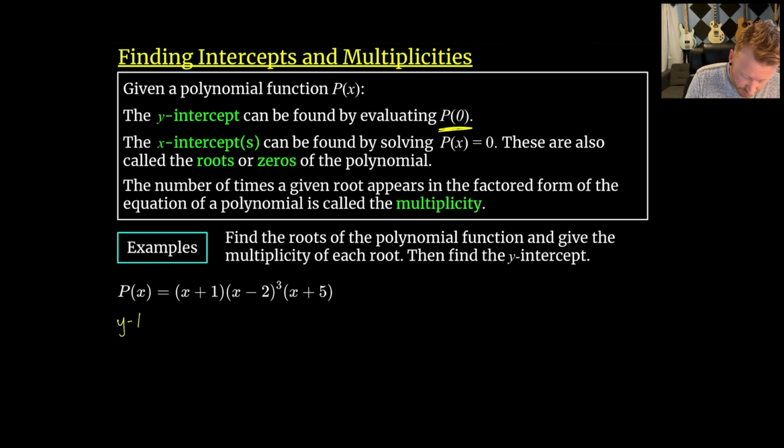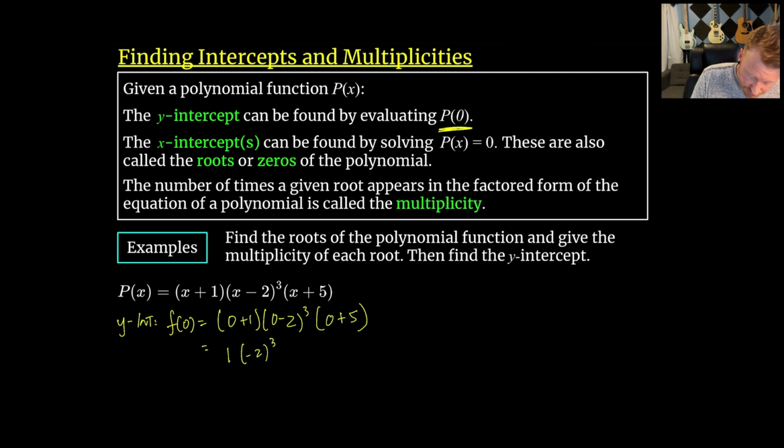If I want to find the y-intercept, this is going to be at f of 0. So I'll just plug in 0 to my polynomial function: 0 plus 1, 0 minus 2 cubed, 0 plus 5. This gives me 1 times negative 2 cubed times 5. 1 is still 1, negative 2 cubed is negative 8, times 5, so this would be negative 40. So here I know the y-intercept is the point